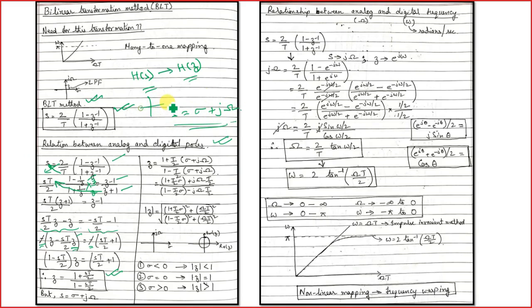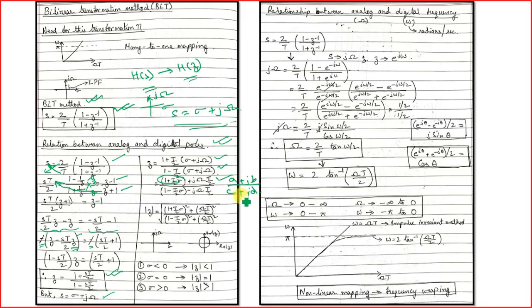Because in the S plane, we are having sigma on the real axis and j omega on the y axis, right? So we just replace this S equals sigma plus j omega in this equation, and we get this equation, right? (1 plus T by 2 times (sigma plus j omega)) divided by (1 minus T by 2 times (sigma plus j omega)). Then we have taken out all the real terms at one place and the imaginary components separately. So it gave us something like a plus jb divided by c plus jd